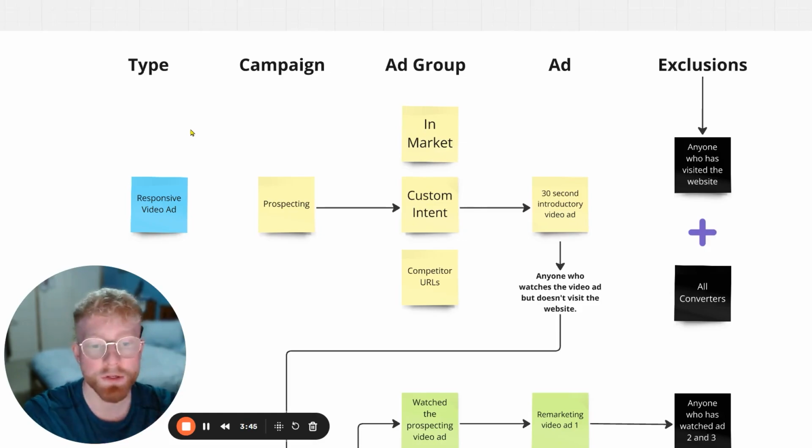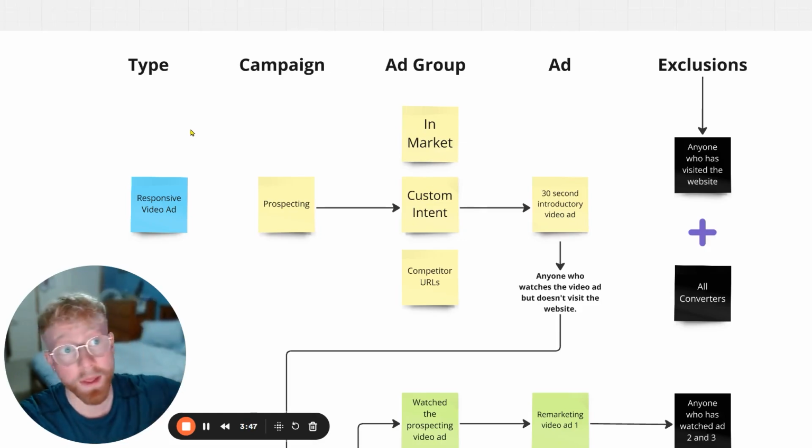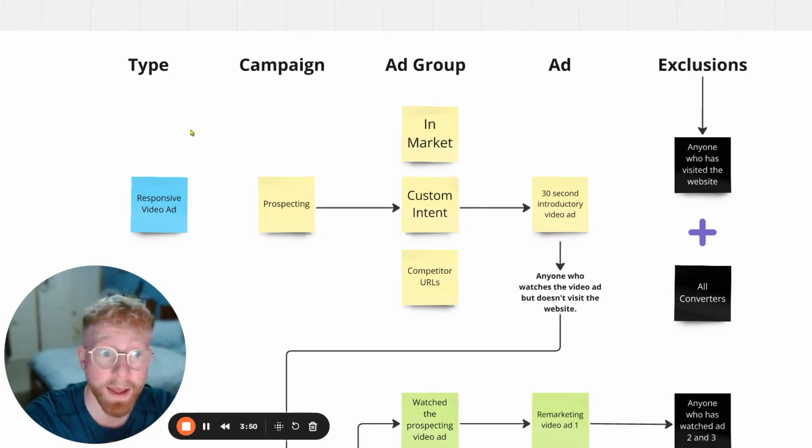Then you want to run 1 video ad in all of those ad groups. And this video ad is just an introductory ad explaining what the product is to someone who has never been exposed to your brand or to your products in their life. It's the first time they're seeing it. You want to make the video ad clear, engaging, obviously, and ideally make it 30 seconds. Now, the ad that I ran was a minute, so anywhere between 30 seconds and a minute,